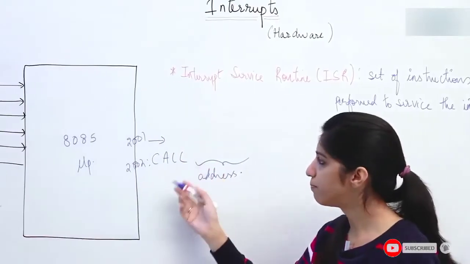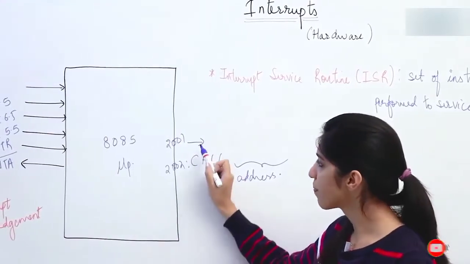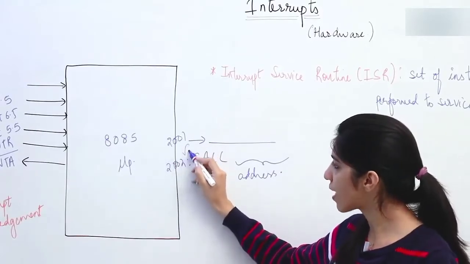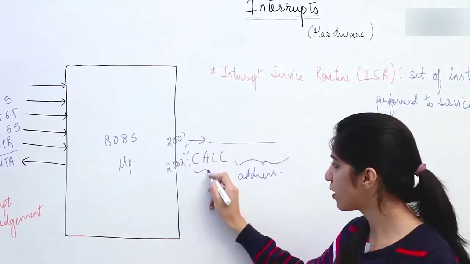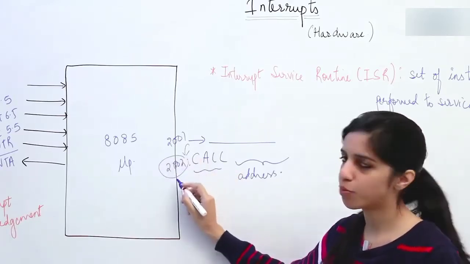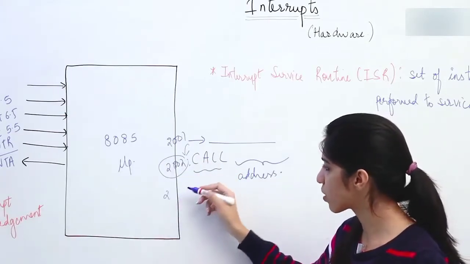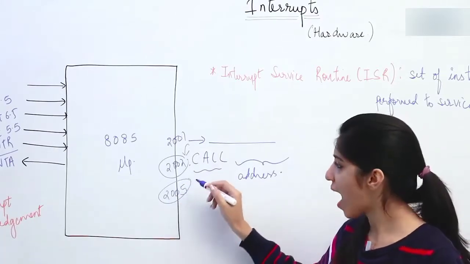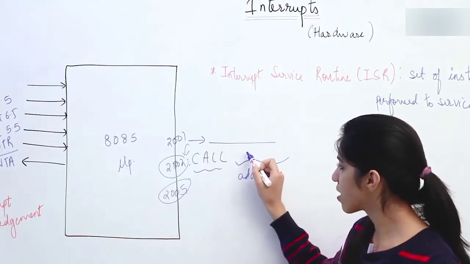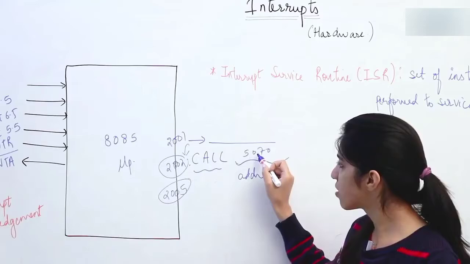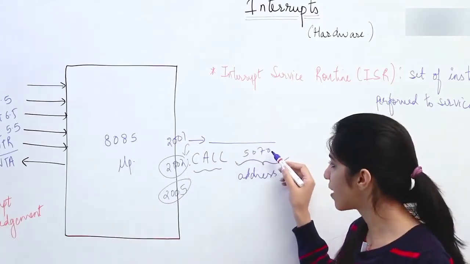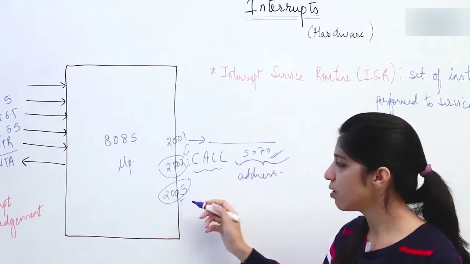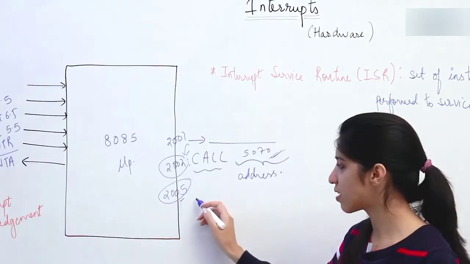So we are using a stack. After completing the instruction at memory location 2001, whenever you reach memory location 2002 and find the call instruction, the next memory location, suppose 2005, is going to be pushed into the stack. The call address, suppose this address is 5070, is going to be put in the program counter, and after completion of the instructions at this memory location, we pop the location from the stack and again execute from there.